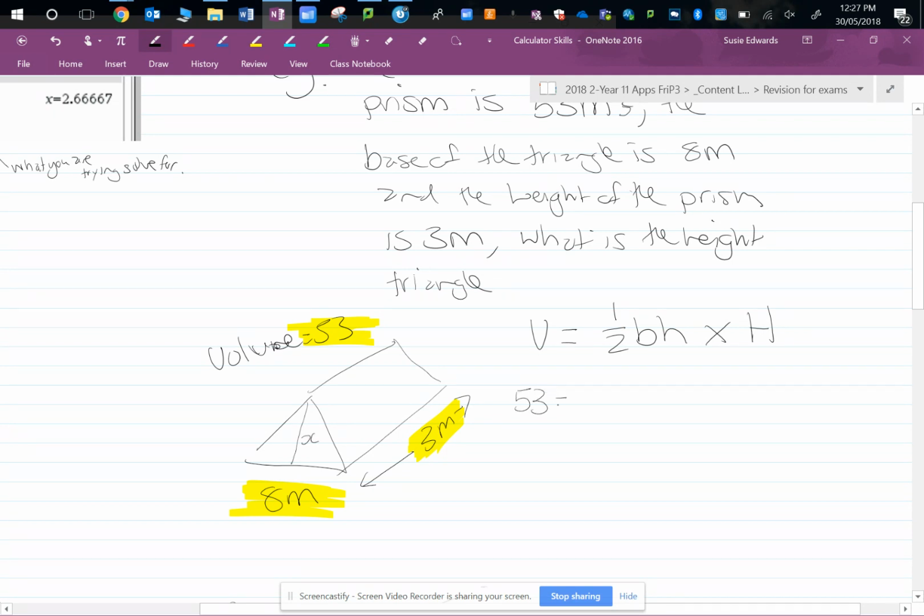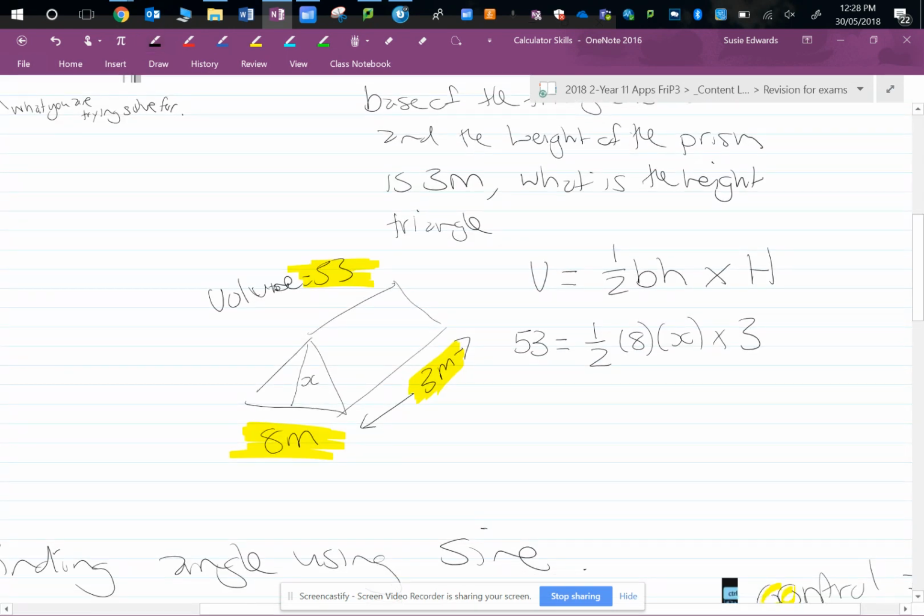53 equals half. This question was like the one where you had to melt down the sphere. So we had to actually go and find the length. 53 equals half of 8 times by x times by 3. Now, instead of having to rearrange that whole equation, which people found really hard, instead we can put this into